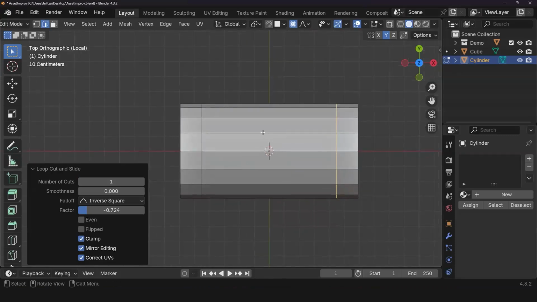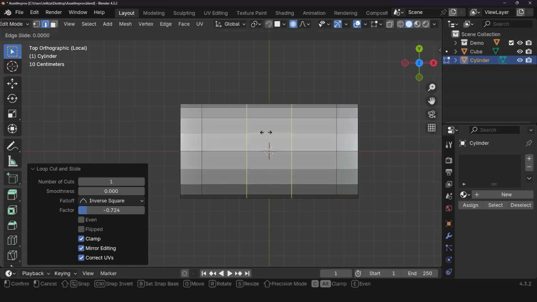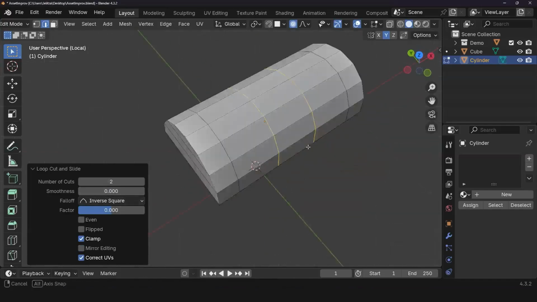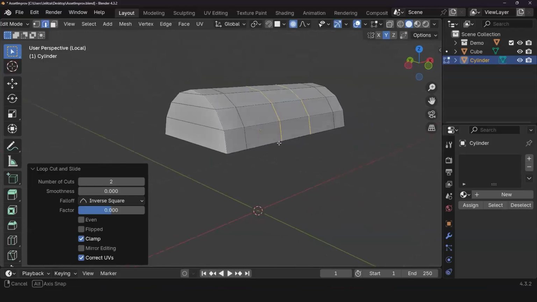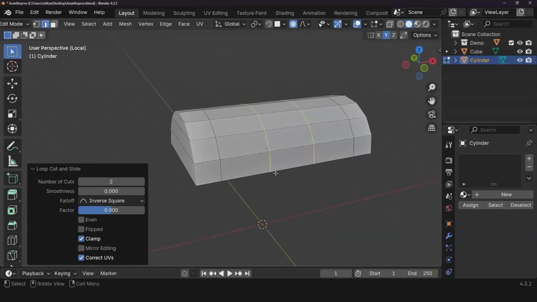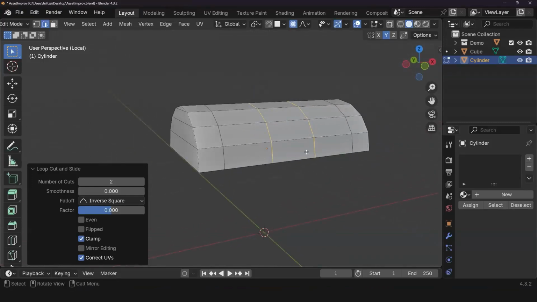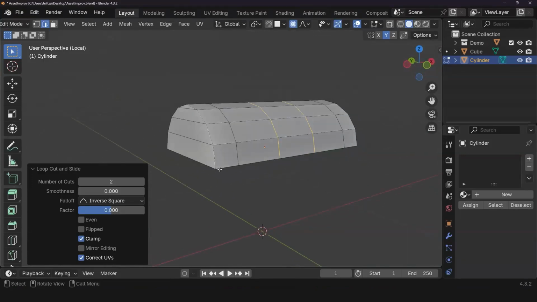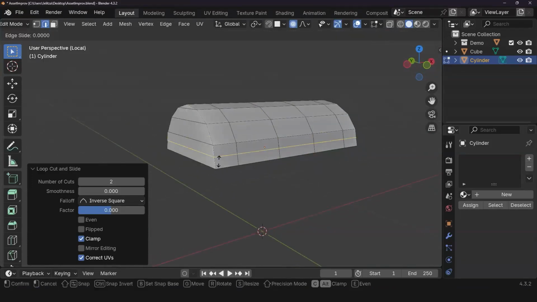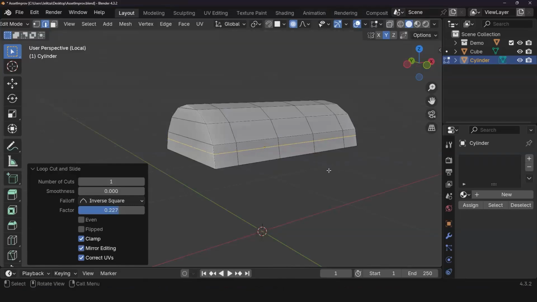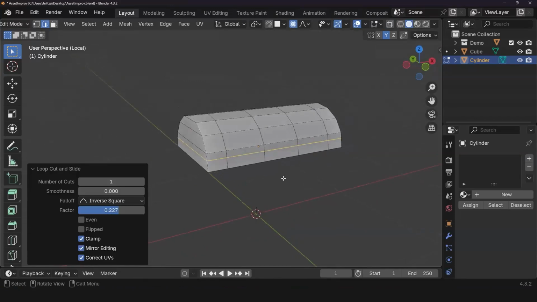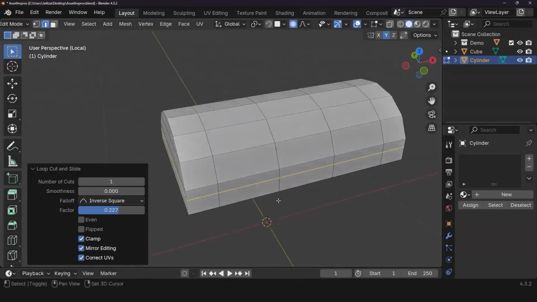So now what I'm going to do is make a centerpiece. So I'm going to do Control R, and then boom. Very cool. And yeah, that's looking pretty solid. I'd like to give it a little bit of a lip on the bottom. So what I'm going to do is Control R there, and I'm going to bring that up as such. Yeah. Very cool.